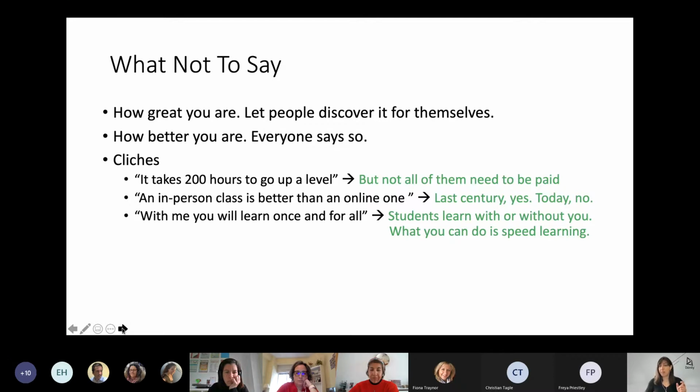So people have accepted to repeat clichés after clichés, which help them get the message across, get clients, but are not necessarily true. So what I say is, do not repeat them, but break them. You can do that. So a headline can well be, yes, it may take 200 hours to go up a level, but you don't need to pay for all of them. So which is the thing that they hide, because everyone is interested in having chronicle clients. So work a lot on what your message is.